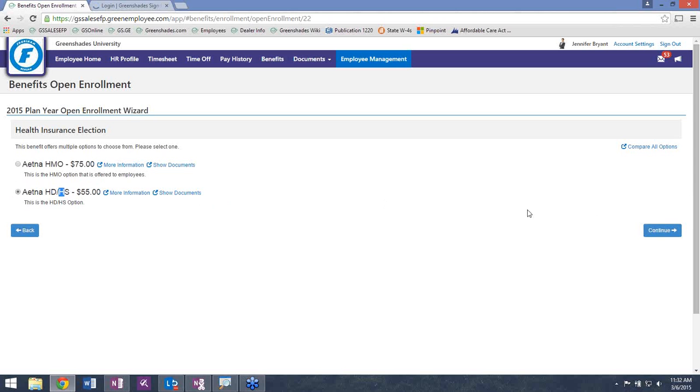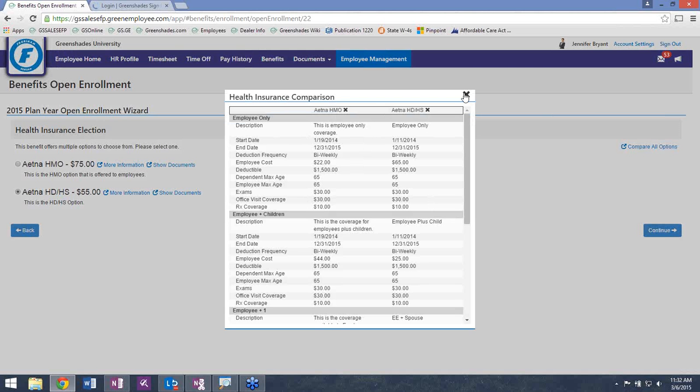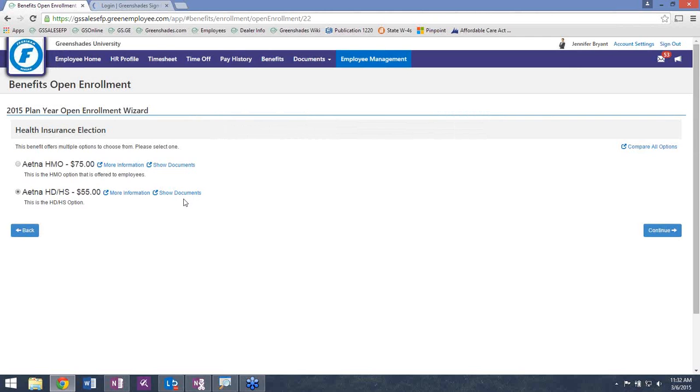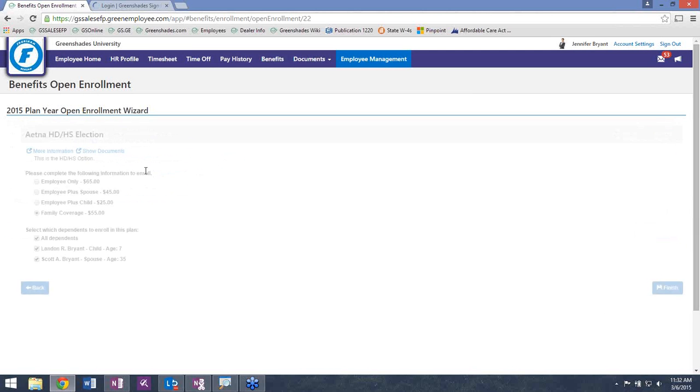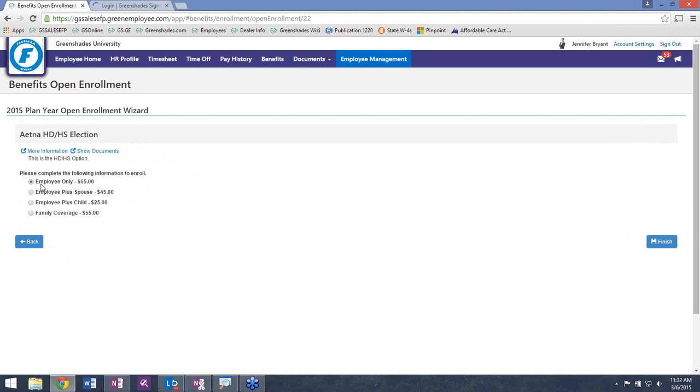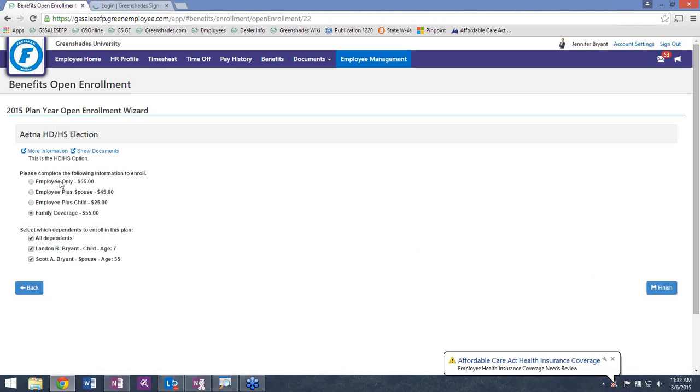They'll choose one or the other. We can pull up more information at any point. So if we pull up more information, we can compare the 2 plans side by side. We can be shown the documents at this point in the enrollment process as well. And then we'll choose a coverage level. So at this point, if we chose employee only, we would finish this. Family coverage, we would finish this. And this is going to collect the eligible offer for employee-only minimum essential coverage, because it's very clear to see that even if we enrolled in the family coverage or another coverage level, that we were offered that employee-only coverage.